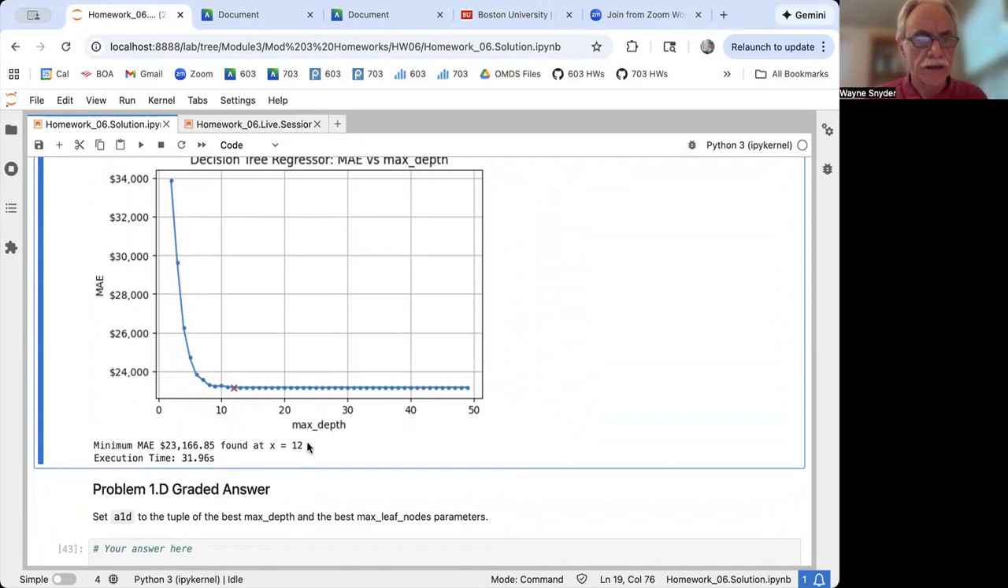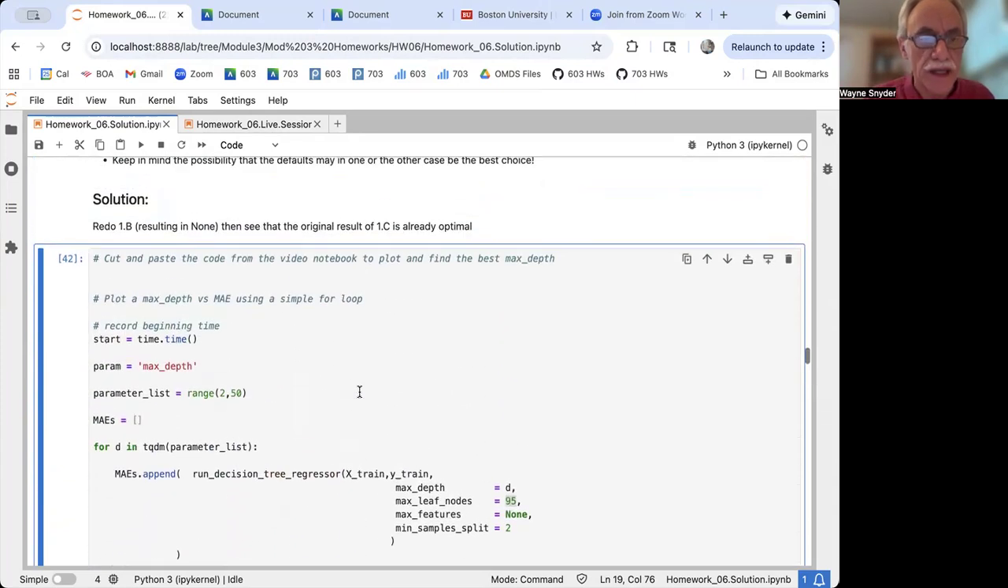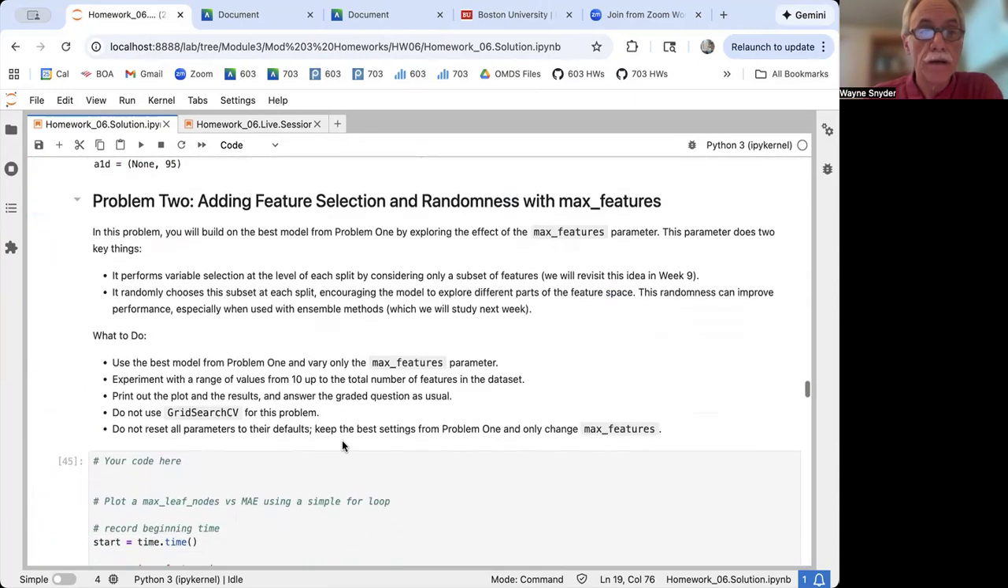I mean, on my machine it took 31 seconds to run, however many it did, 48 different examples, so less than a second for each one. So, think about how you might do that in a little better way. Okay, so now